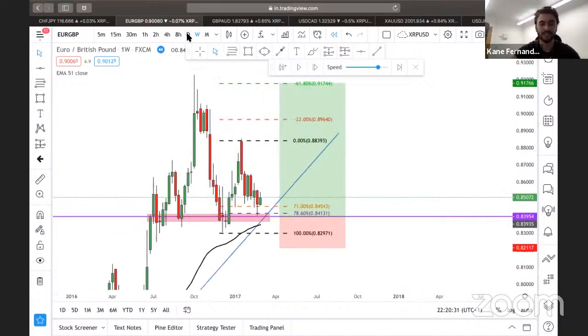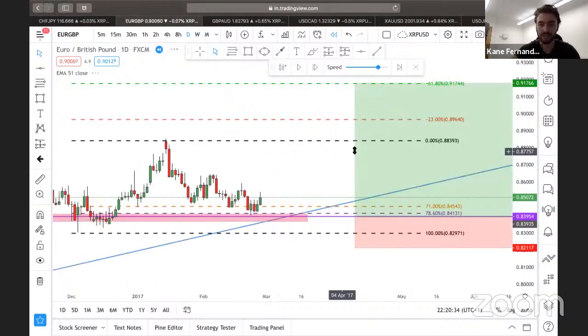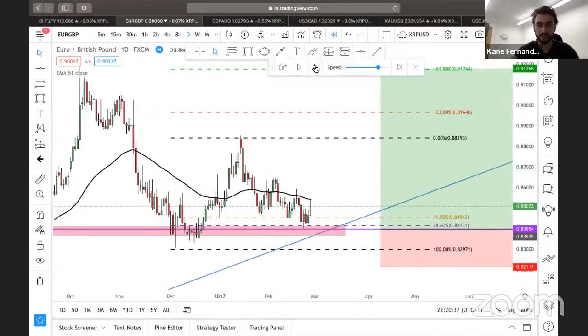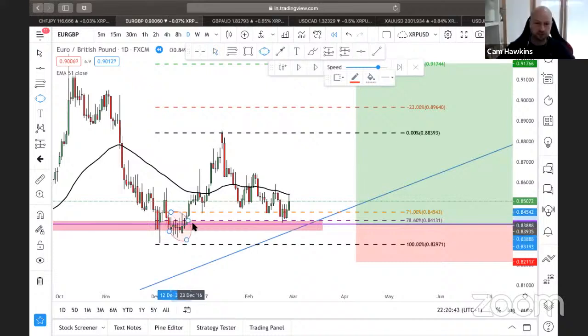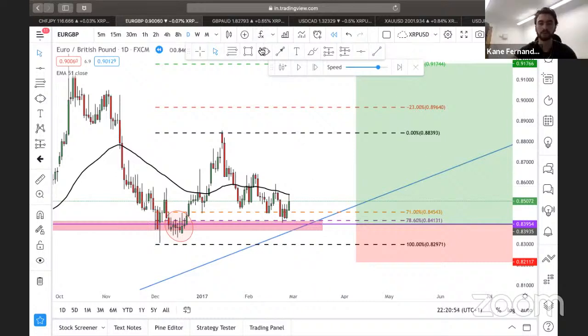Cool, let me go on to the daily real quick. I'm going to play some bars out and see. Basically, I want to be looking for this rejection over here to enter. Can I just say, slow down on the bar by bar, because you need to tell us just before you enter what's going to happen. Like, if this happens, then I'll enter, so we can pick your entry. Yeah, I was about to explain, but okay.